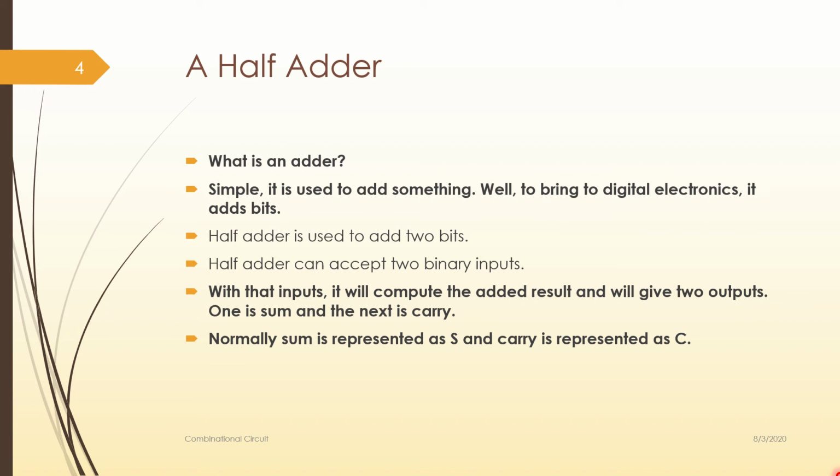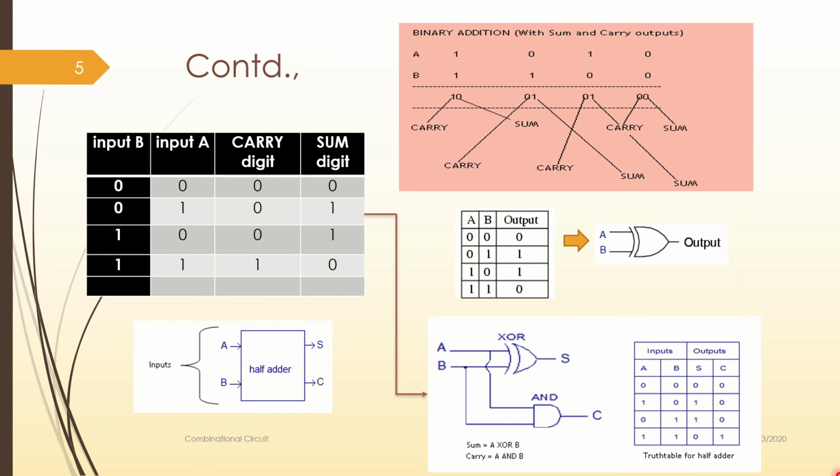Half adder is specifically meant for adding just two inputs. It can accept only two binary inputs. With that input, it can compute and it will get you the result. The result will be two. One is going to be sum and another one is going to be carry. Sum is always represented normally with the letter S, whereas carry is represented always by the letter C. Can we go ahead and start deriving the stuff which can let us go ahead and write the code further with Verilog? It's very easy and please listen to it carefully.